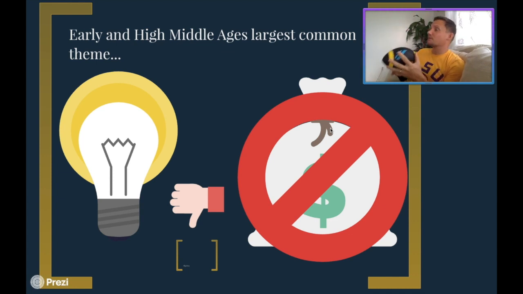So where we left off, we were talking about what the early and the high Middle Ages really tend to have in common, a composite theme. When we're talking about a theme amongst everything, what do they seem to have